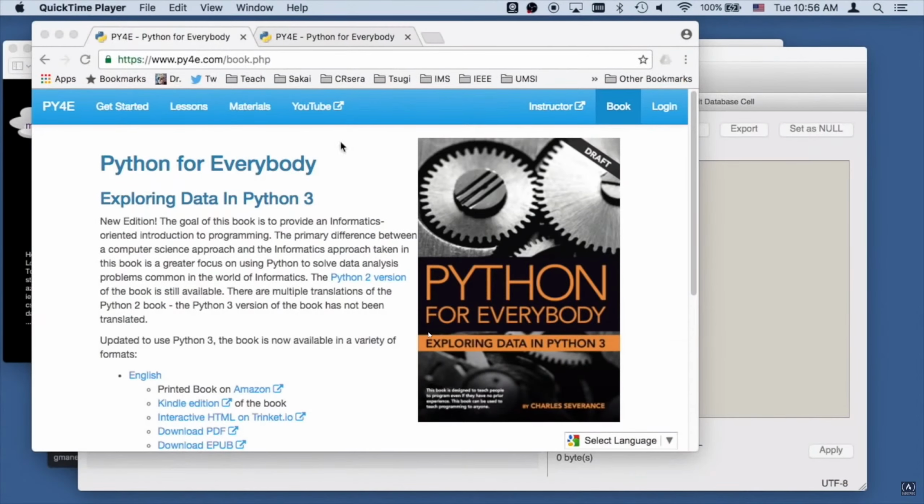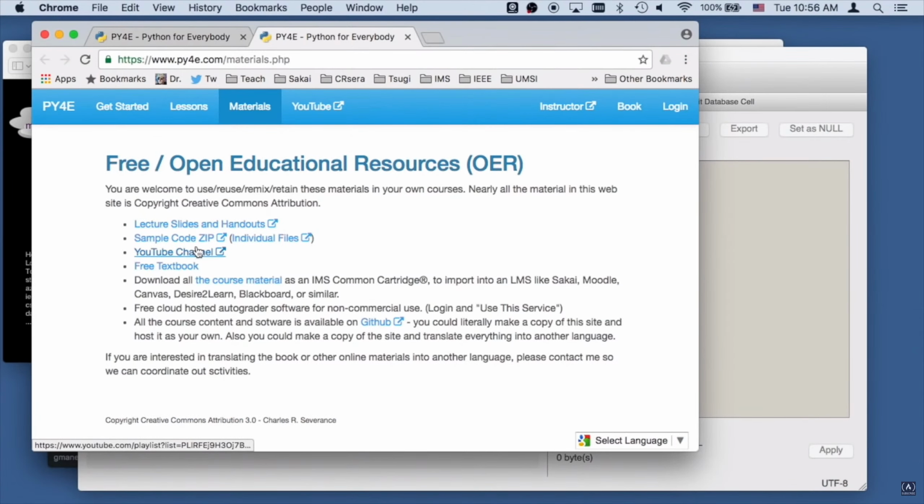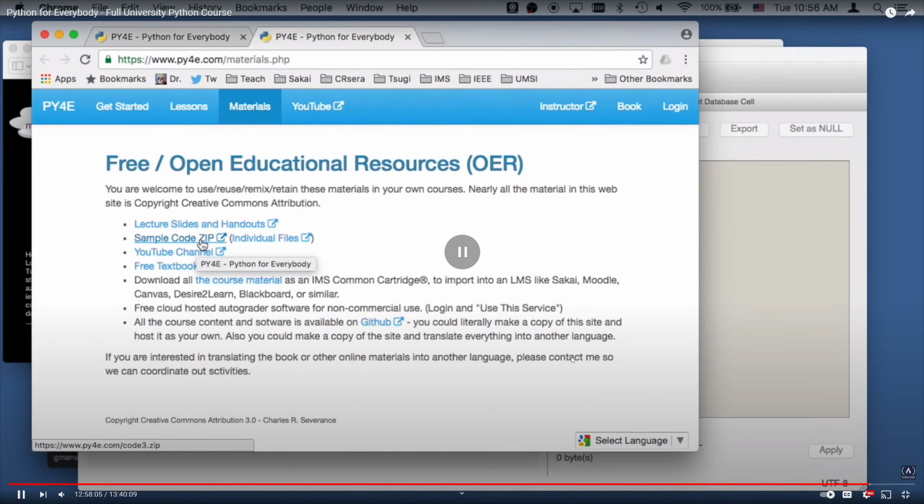We're doing some code walkthroughs. If you want to get the source code, you can take a look at the sample code and